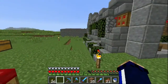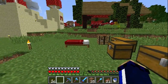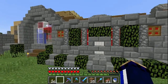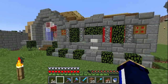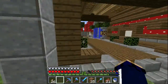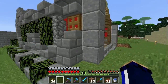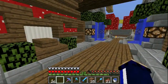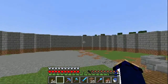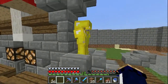Still, yeah, this has kind of been a strange build for me, because most of the time when you're building something, it tends to be that you work on the exterior first and then do the interior later. With this one, because I don't really have a plan for it, what I've been doing is working on this section here. Like, there's two very distinct sections to it. There's the stalk of the mushroom, there's the cap of the mushroom, which is the giant kind of space at the end of the hallway, and I don't really know what I'm going to be doing for the area in here. So what I've decided to do is work as much as I can on this and the exterior, and